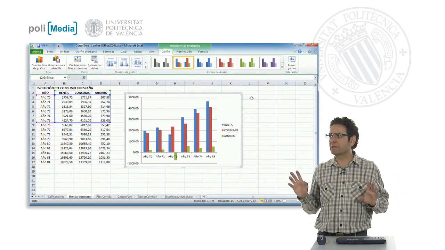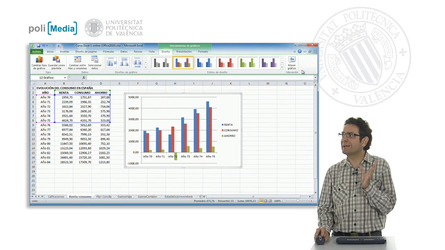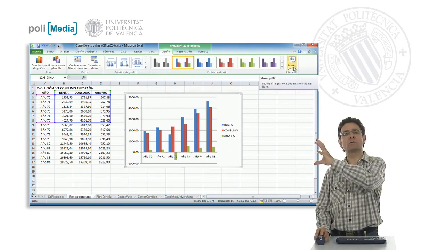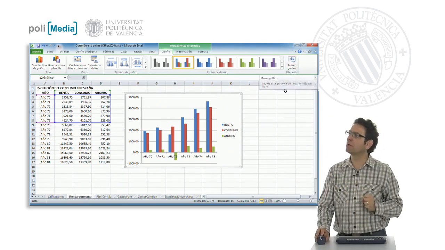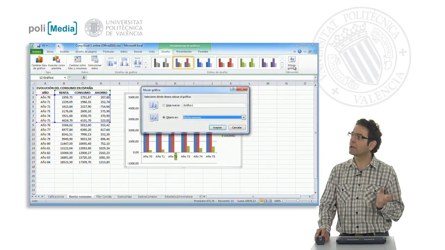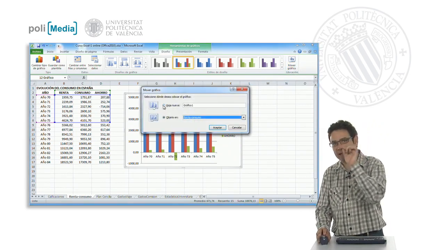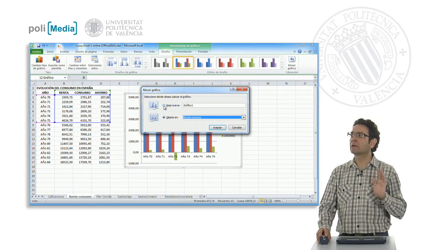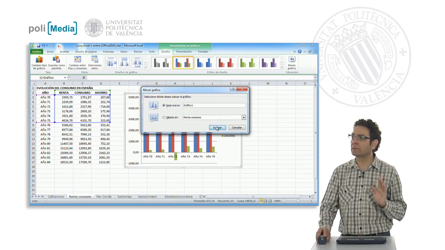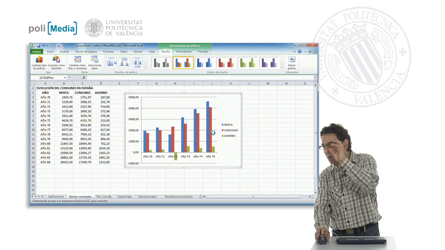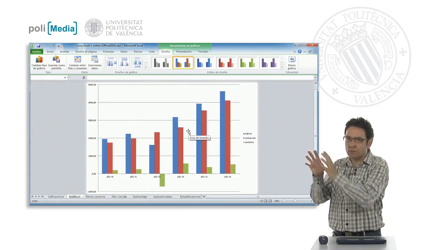But it could be that I want to do something different. For example, move the chart so that it is not embedded in the current spreadsheet, and for a new sheet to be generated. That is, to select here, and when I say accept, the chart, instead of being embedded within my